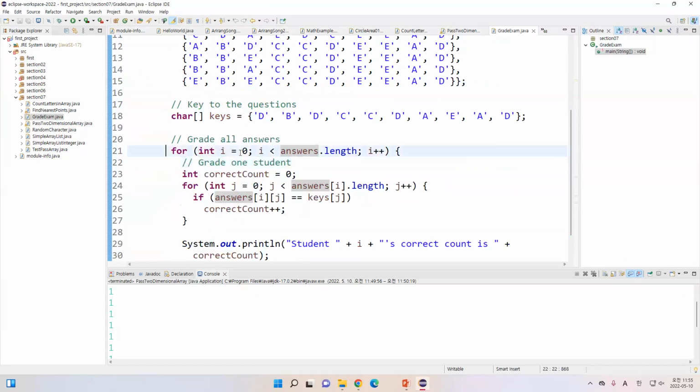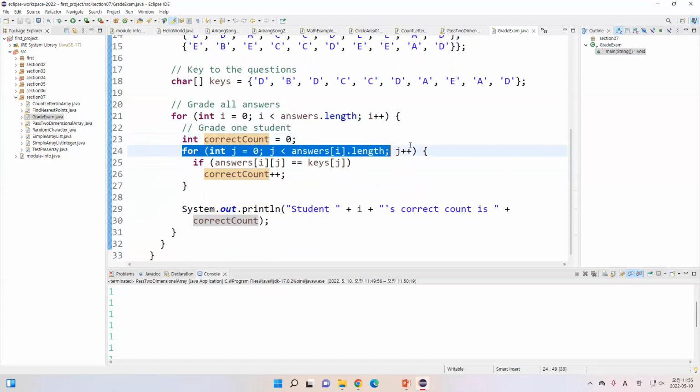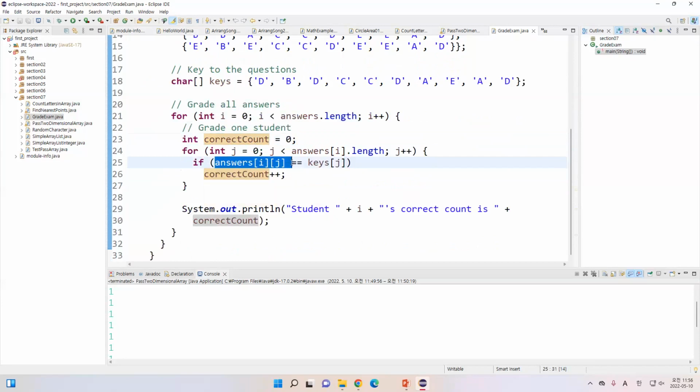So we can do it with a for loop. In the for loop, we have 0 until the length of the answers. And then we are going to do it for every student. We will use the correct count, starting with 0. Then we will check every student's answer. So if the answers of i, j equals the key j,